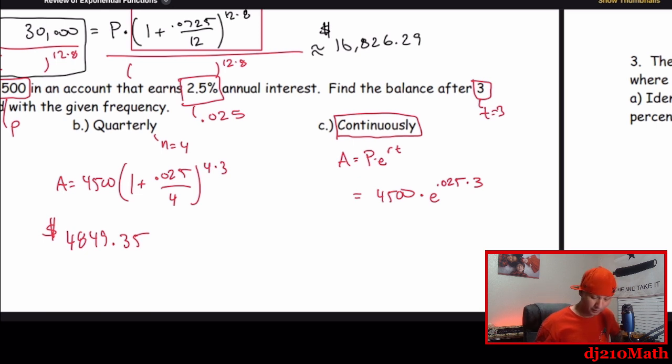All right. So this is what I put in the calculator. Now, remember, e is not the E that is on the keyboard. There's a function, e, that's two buttons left of 1. It says e to the x. So 4,500 e to the x. It automatically populates the exponent. So I'm going to put 0.025 times 3. When I hit enter, we get